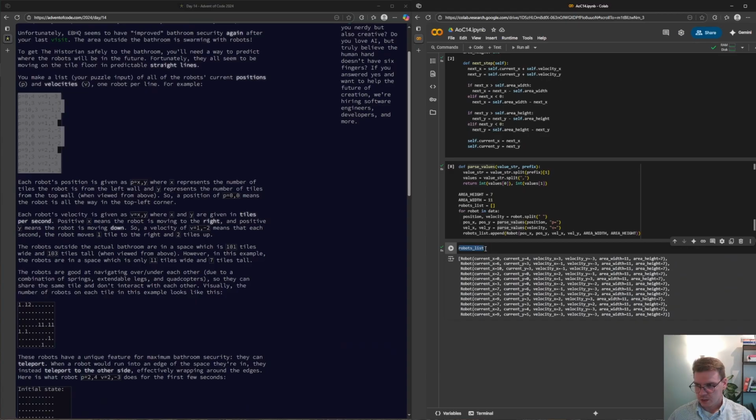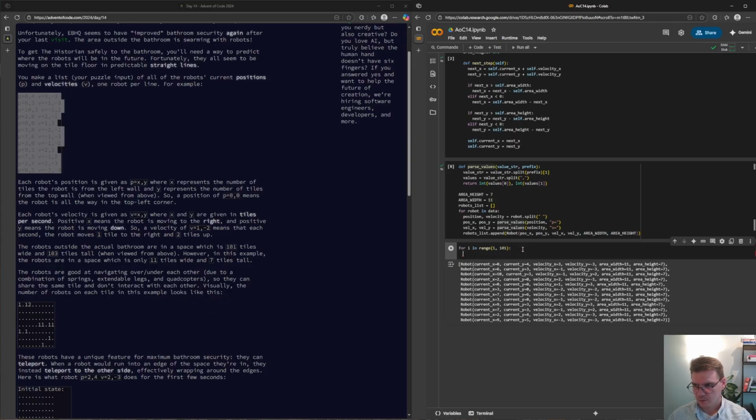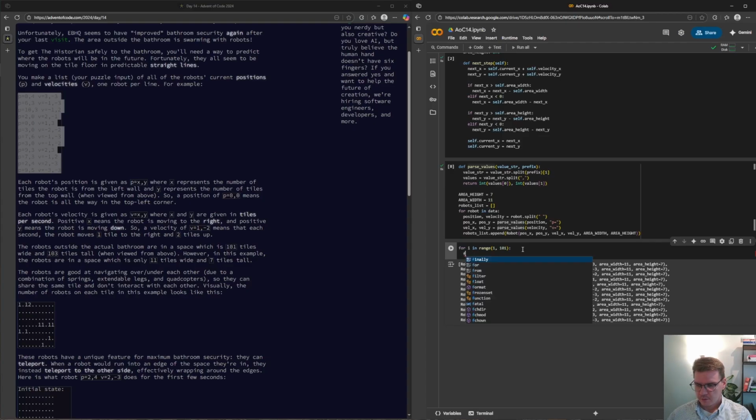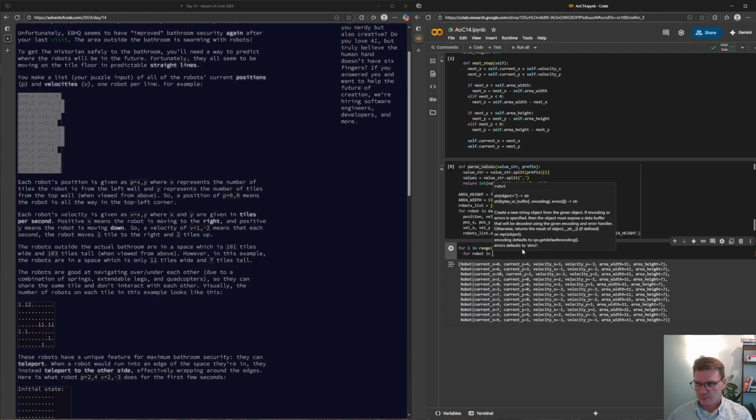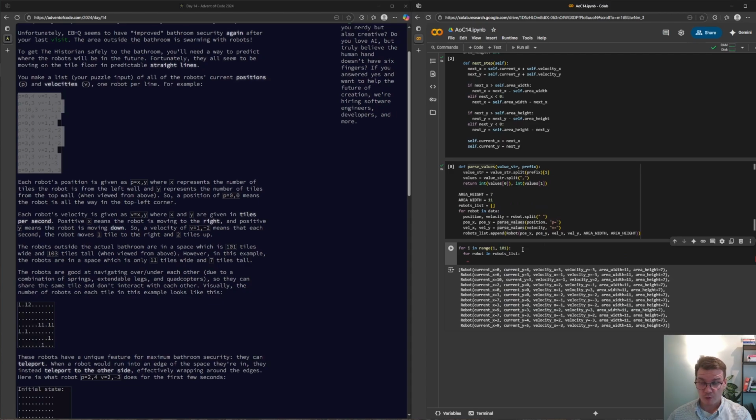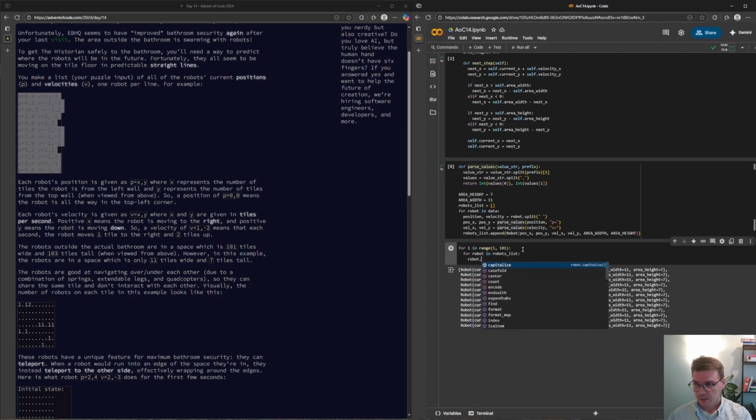And then we can just for e in range 101, start from 1 and then end up to the 100. So we have 100 steps and then in every loop we loop all the robots through and then robot dot next step.